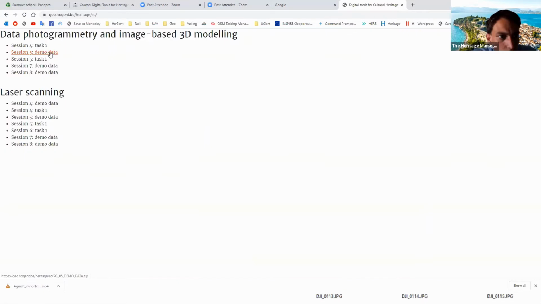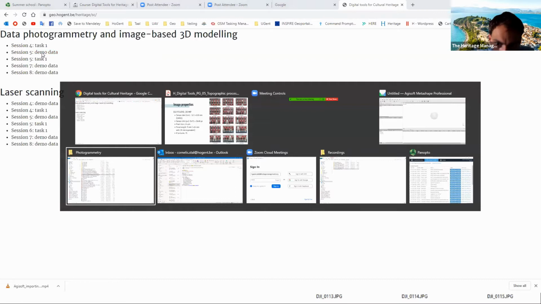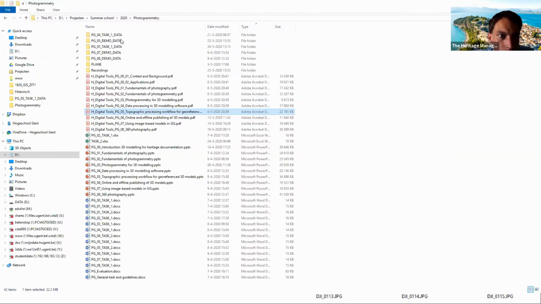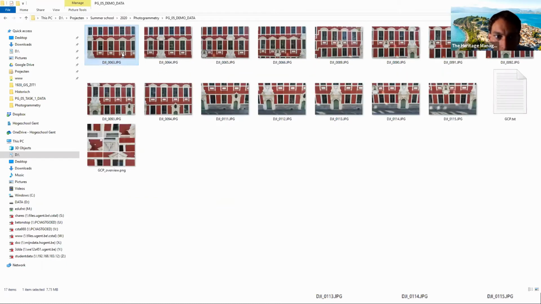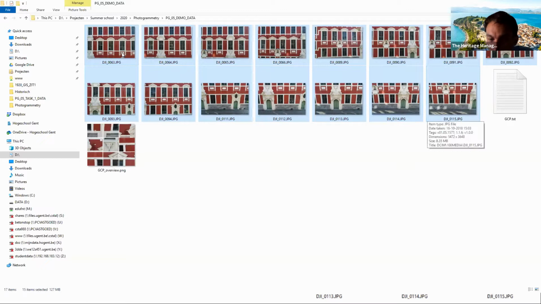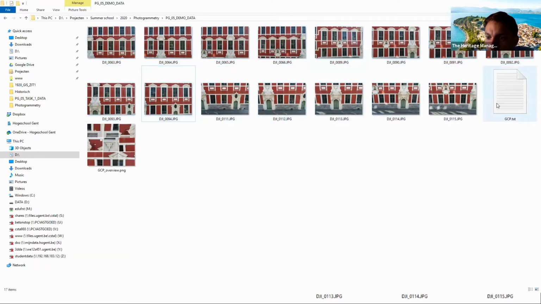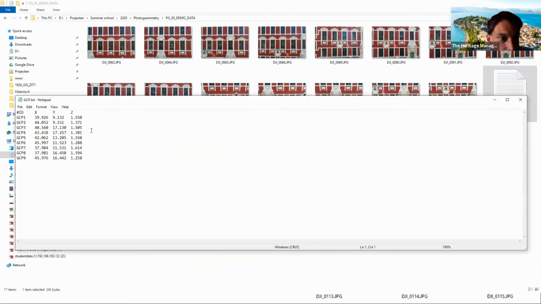Today we will work on session 5, the session 5 data. So if you click on demo data, I would invite you to do so. If you click on demo data, you will end up here, get these data. So you will get a series of images, 9 images starting with DJI underscore and then a certain number. You will see a file that is called GCP, which is actually the